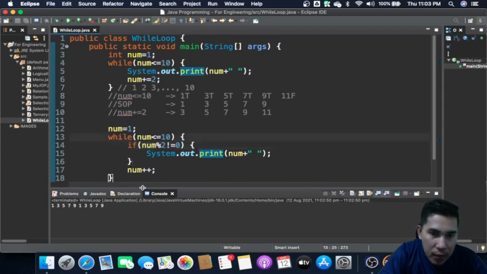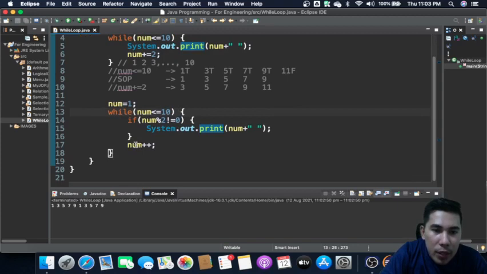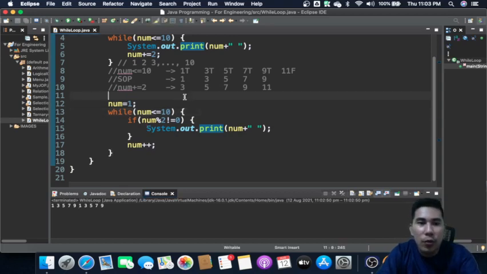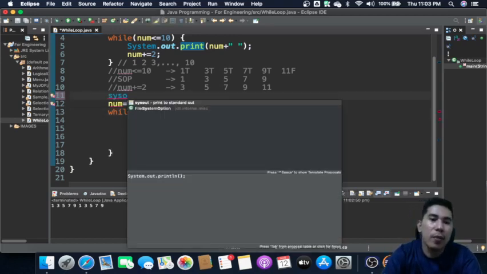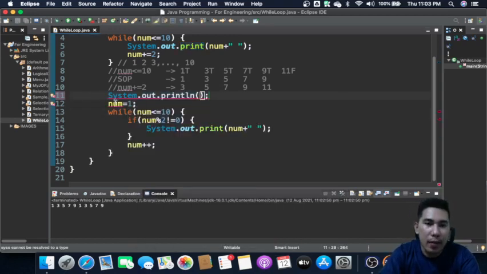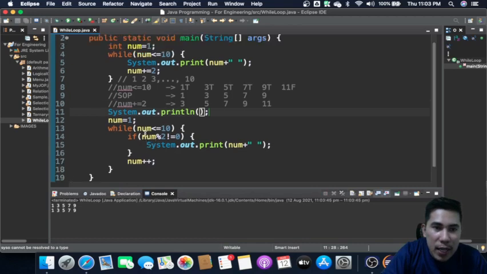So what happened? It's supposed to have the same. Yeah, we already have, only that we don't have it here. We will have print line here so that it separates the values. So now there are two outputs. So there you are. The first one is the output of this one, and the second one is actually the output of this one.